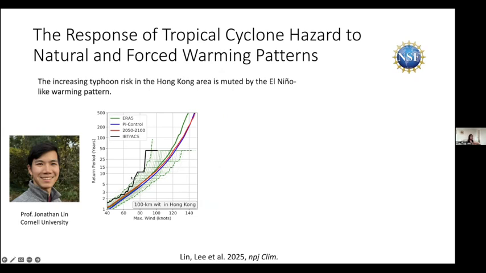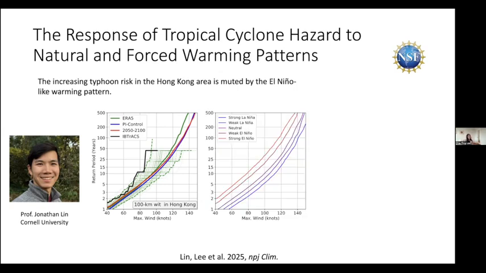What the figure shows, and we only need to look at the blue and the red line, is that the risk of typhoon impact in Hong Kong in the pre-industrial control period, so the no-climate-change period in blue, and the warming climate from 2050 to 2100 are almost the same. The changes are so small. Is that really true? So then he looked further